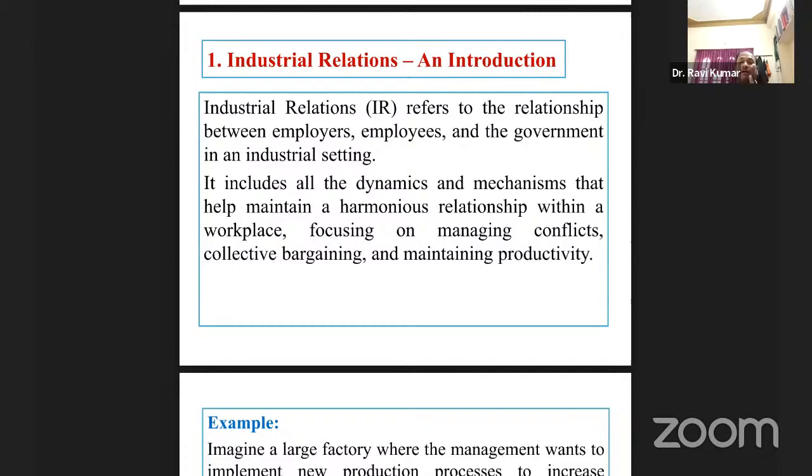It includes all the dynamics and mechanisms that help maintain harmonious relationships within a workplace, focusing on managing conflicts, collective bargaining, and maintaining productivity. Yes, here they maintain a harmonious relationship, that means good relationships within the workplace. And they focus on how to manage, how to do collective bargaining, and how to maintain productivity, because altogether